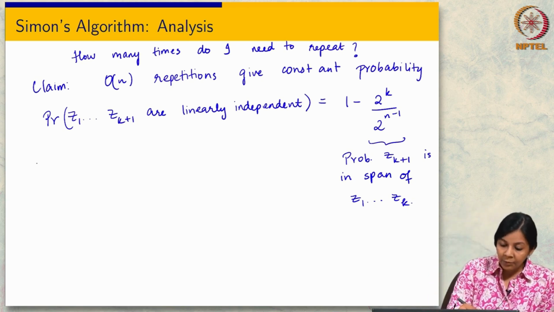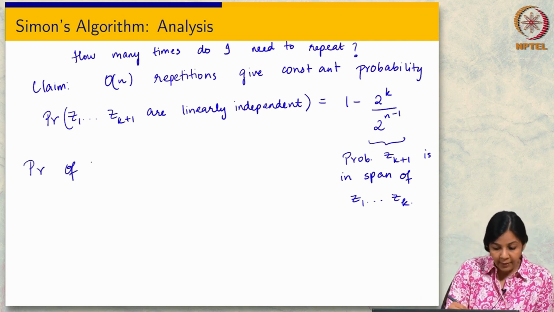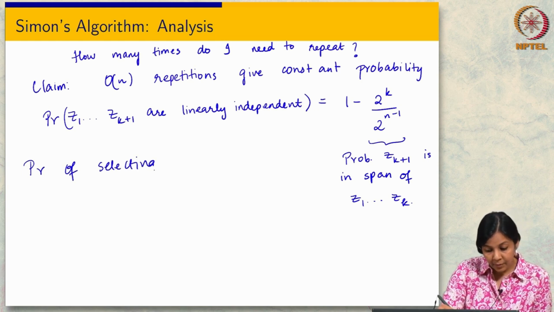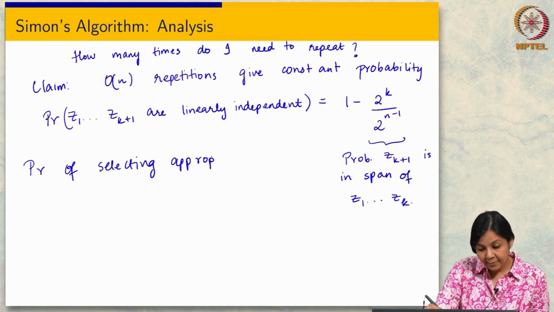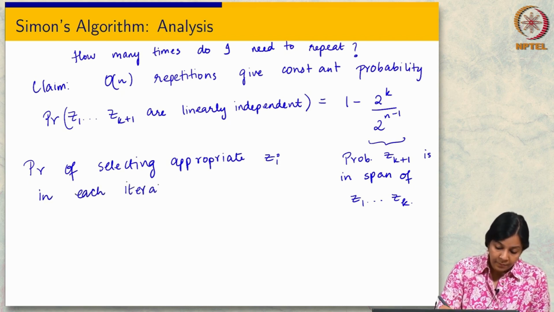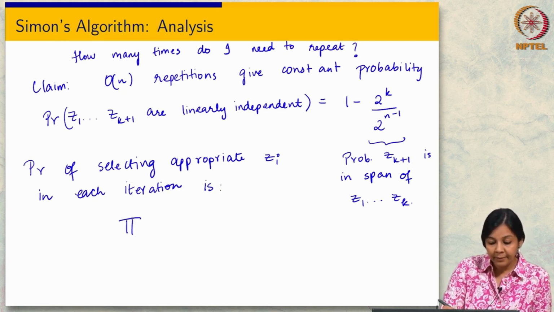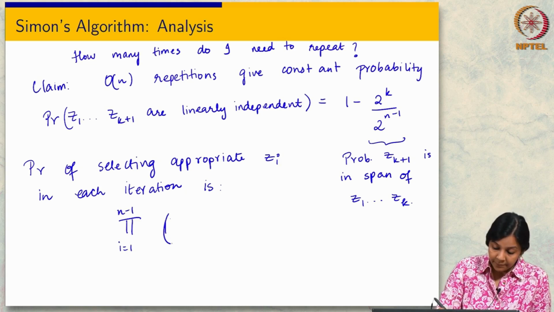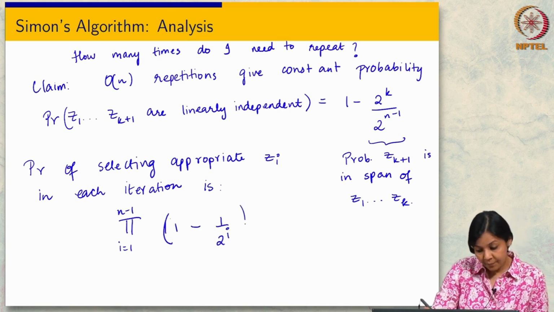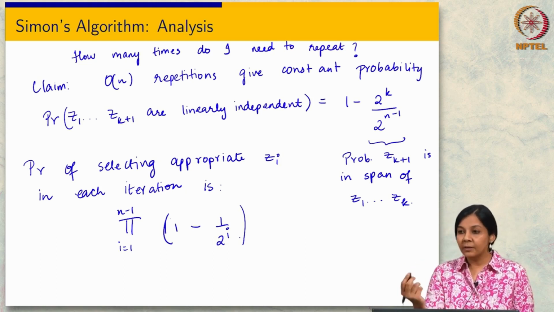So I need to now consider all the vectors, right? So the probability of selecting an appropriate Zi in each iteration ends up being something like this. Okay, so you can work it out on your own. So just using the previous fact,